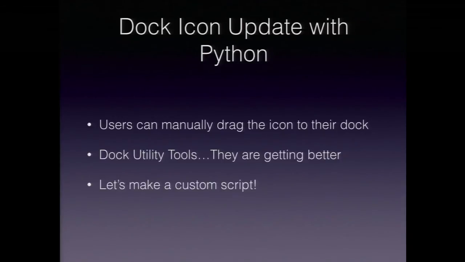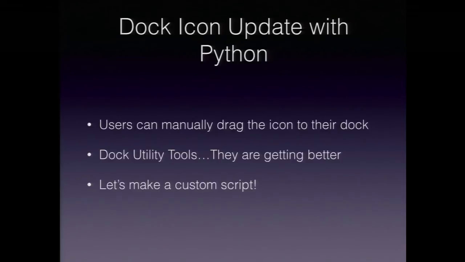Doc utility tools. There's a lot of them out there, and some are better than the others. There's a good one. The name's blanking me right now, but it's a Python library that you can download and run to basically replace doc icon updates. Docutil, there it is. I found for this specific instance, it didn't work. And I know they're getting better, so